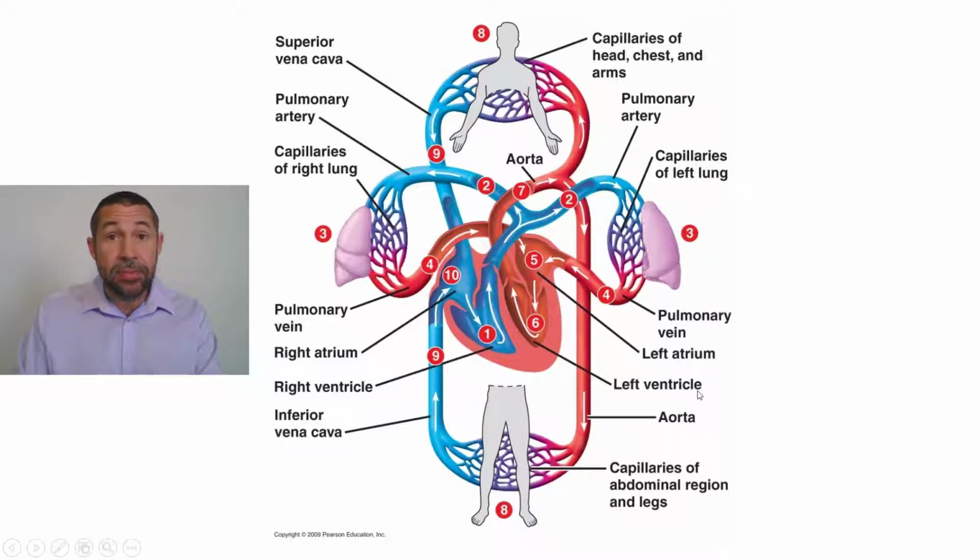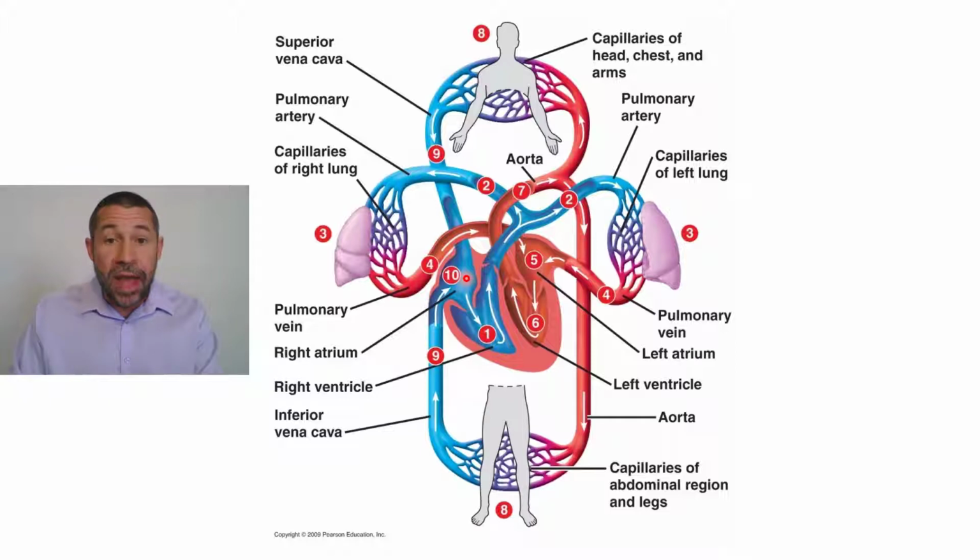Let's take a closer look at the mammalian four-chambered heart, like humans have. We're going to start down here at number 9. This is a large vein called the vena cava. The veins, of course, bring deoxygenated or blue blood back to the heart. The vena cava on the lower part of the heart is called the inferior vena cava. It's returning deoxygenated blood from the legs and the torso up to the heart. Number 9 up here is the superior vena cava, which is bringing deoxygenated blood from the head and the arms. Both of the vena cava empty into the first chamber of the heart, number 10 here, the right